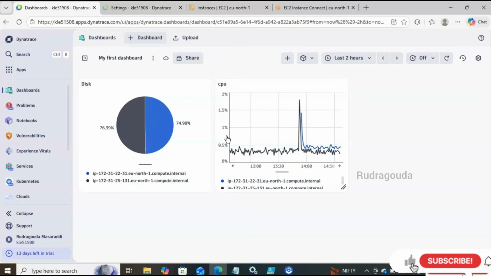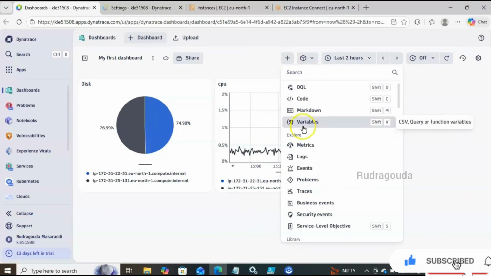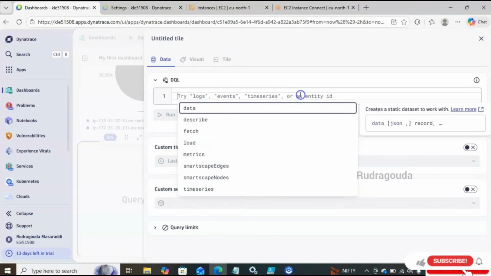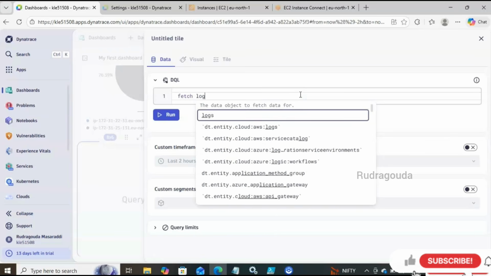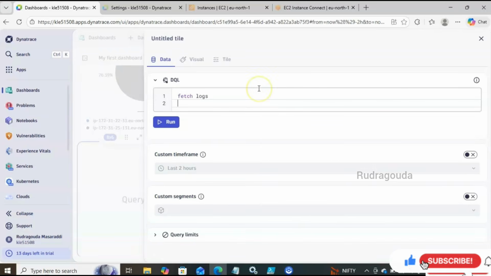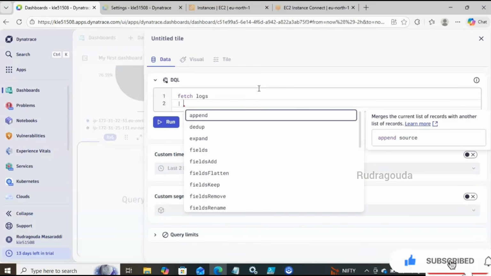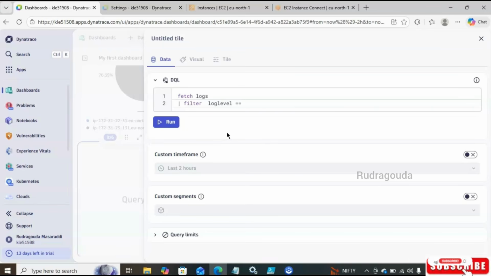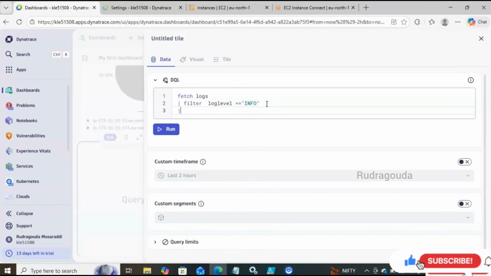Not only for the metrics related, of course you can make use of the logs as well. What I will do, I'll click on plus and I'll show you how we can work with the logs part. I'll go to the dkeyval and I'll write the query here like fetch logs, then click on enter, pipe symbol, filter. I want to filter it based on the log level. I want to see wherever info is there, I want to see that particular information. Okay, then enter, summarize, count,